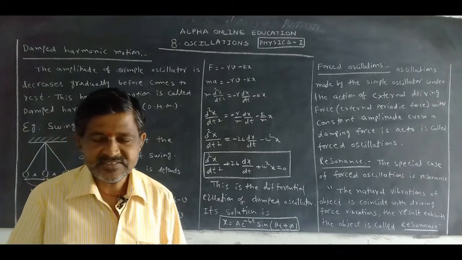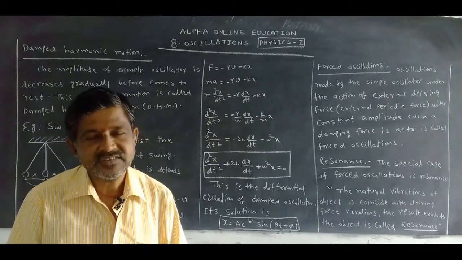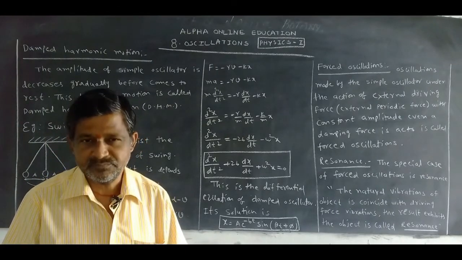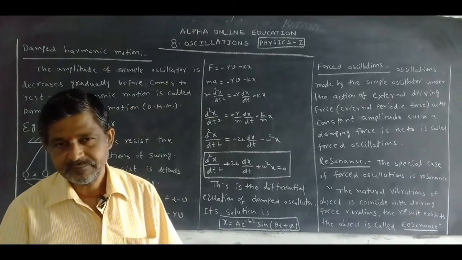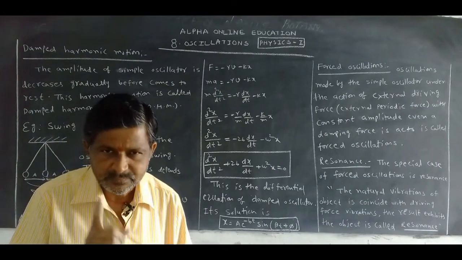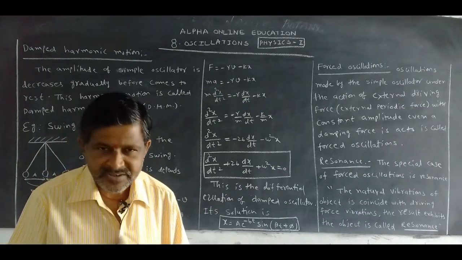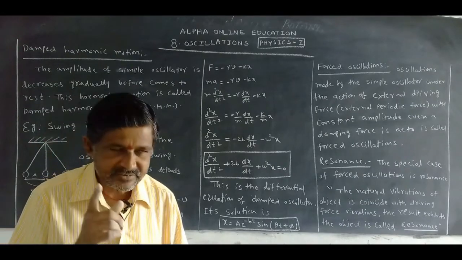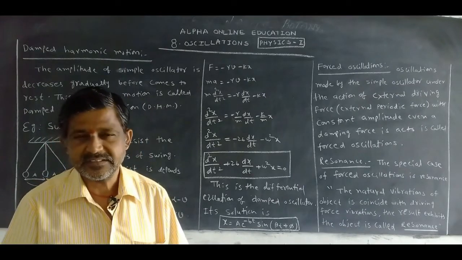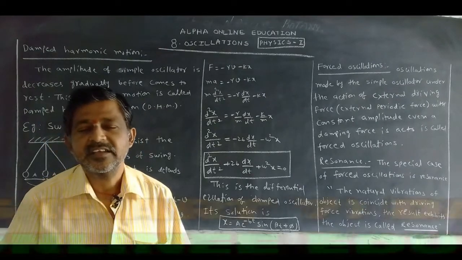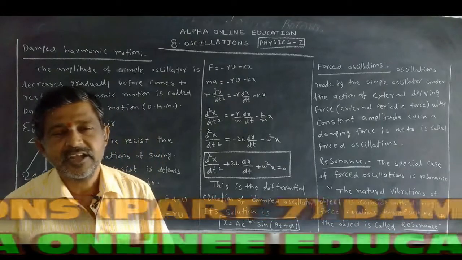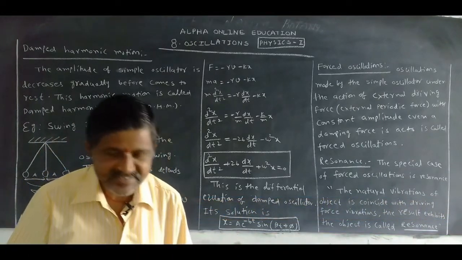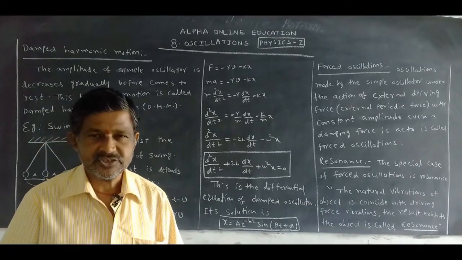One is that the uniform circular motion of an object is a simple harmonic motion. That is the first 8 marks question. Next, the simple pendulum: time period derivation and the definition of seconds pendulum. And the third one is the derivation of the energy of a simple oscillator, and we want to prove that it obeys the law of conservation of energy.